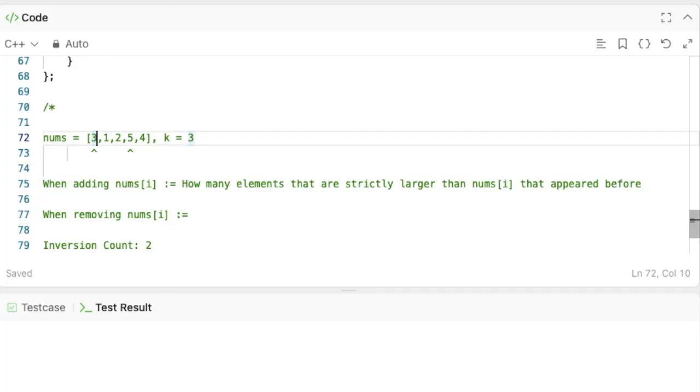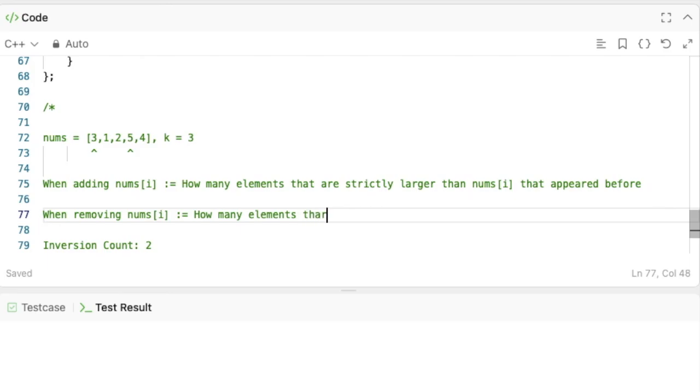So if it is the leftmost element, then what elements here can make an inversion that this number takes part in? Well, the answer is we need to know how many elements